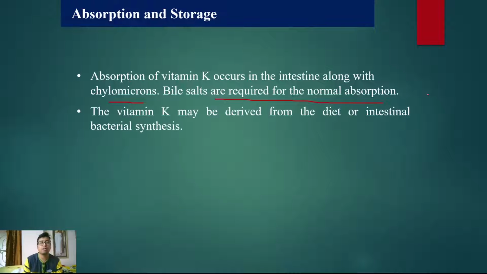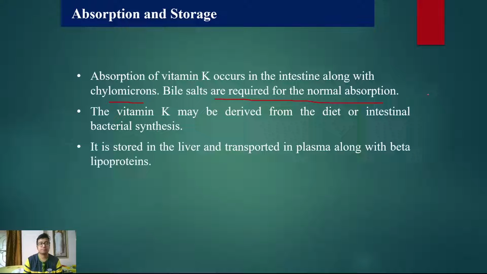will also be absorbed. But regarding the source of vitamin K, you need to know that there are sources of vitamin K, that is green leafy vegetables, but intestinal bacteria, the flora that is present in our gut, can also synthesize vitamin K. Therefore, vitamin K deficiency seldom occurs, unless the intestinal bacteria is killed and all, which is not normal. So, vitamin K is actually derived from the intestinal bacterial synthesis.